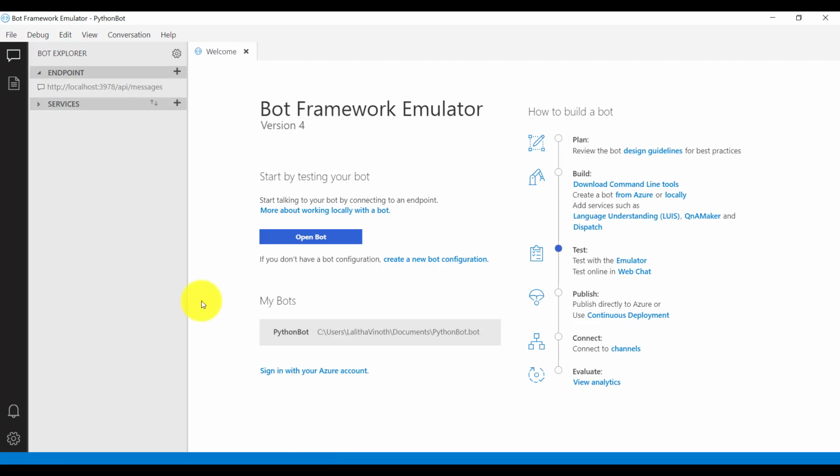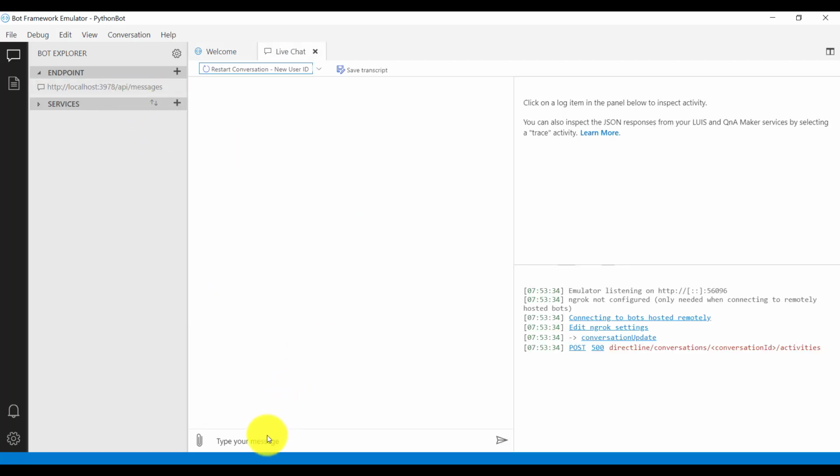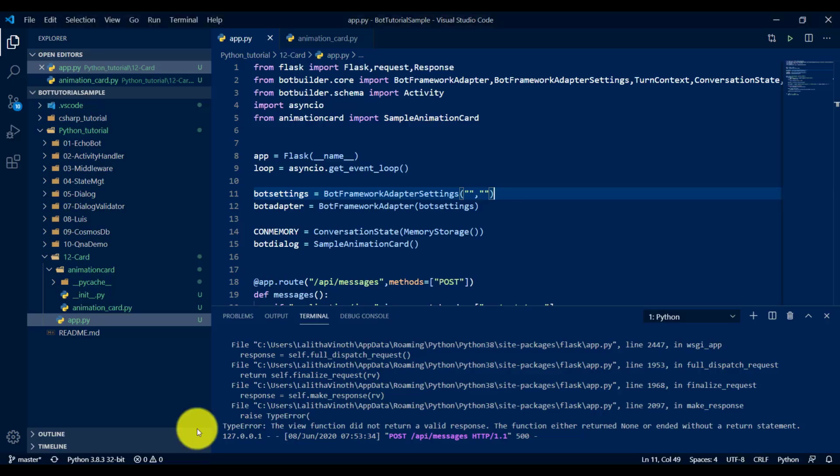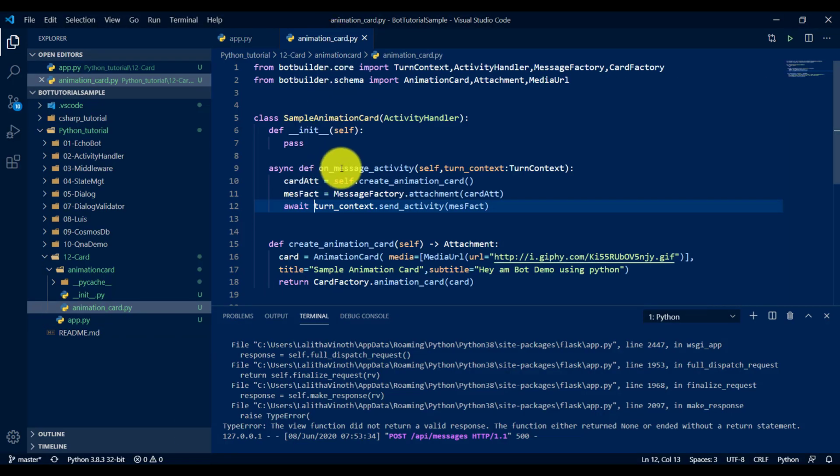It started, so I go to the emulator and connect to this bot service. Here I send a message. Once this function gets hit and the message is received, we automatically call the create animation card function. It prepares the animation card and returns it as an attachment.